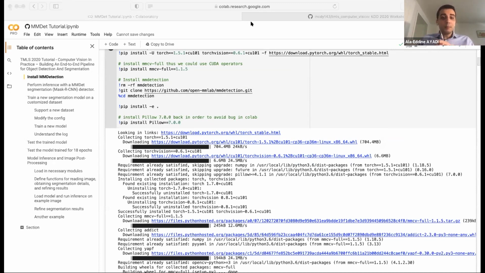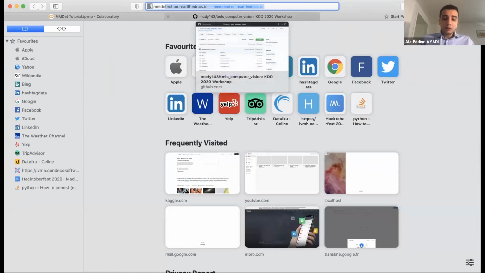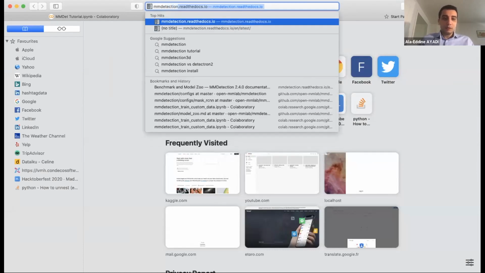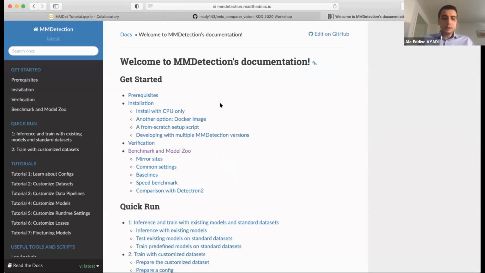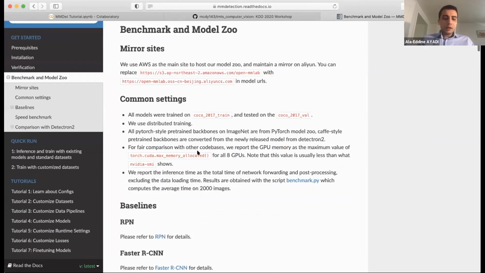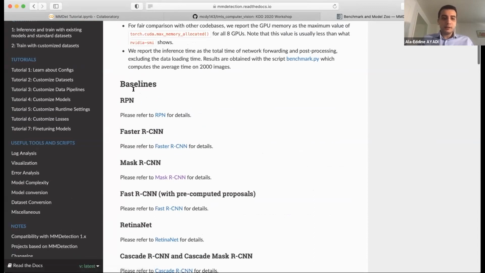They have decomposed the detection framework into different components, and one can easily construct a customized object detection framework by combining different models. It also supports training on multiple GPUs. So if you have something like an NVIDIA DGX, you can basically train your model on multiple GPUs. And you can see here different baselines like